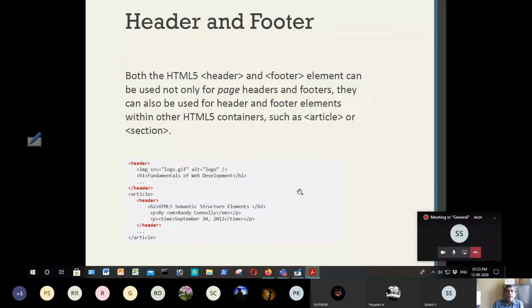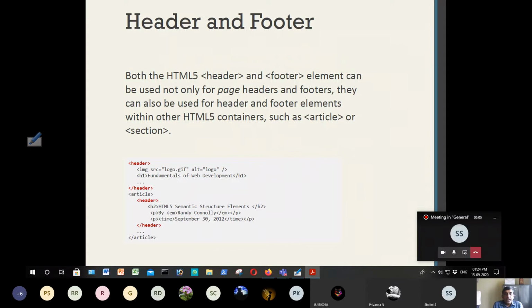So this is an example. The HTML5 header and footer elements can be used not only for page headers and footers, but also for header and footer elements within other HTML containers such as article or section. That means apart from using them for a given page, the header and footer tags can also be used in other HTML elements like article and section.